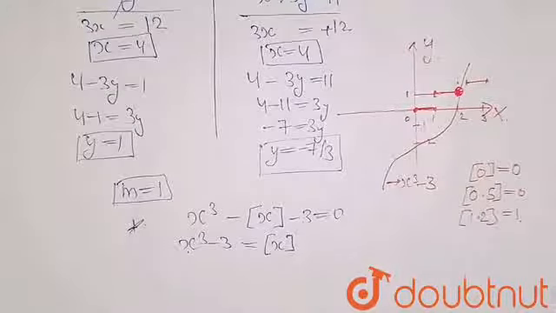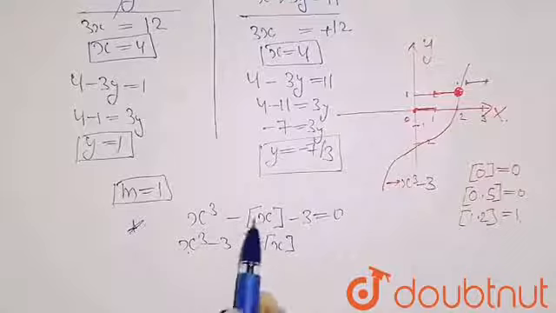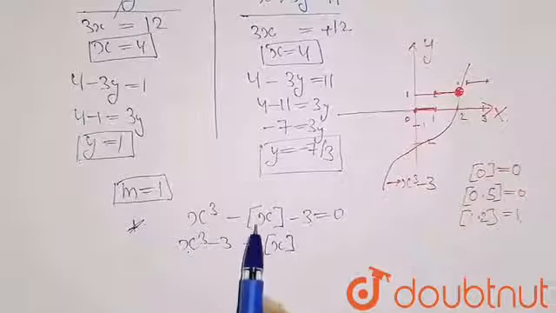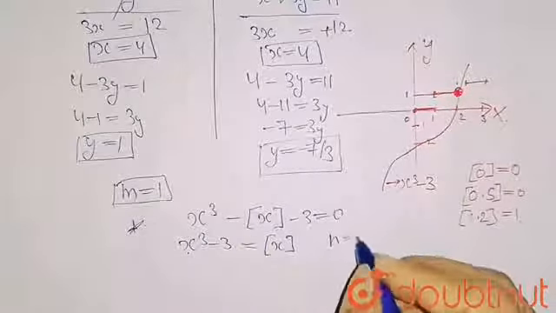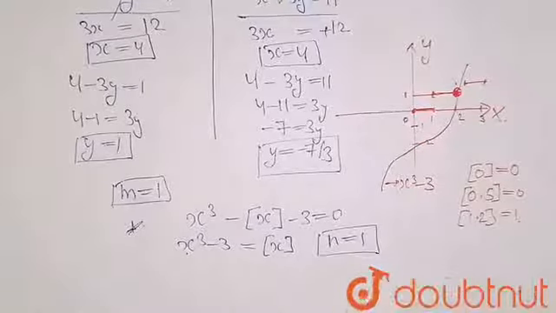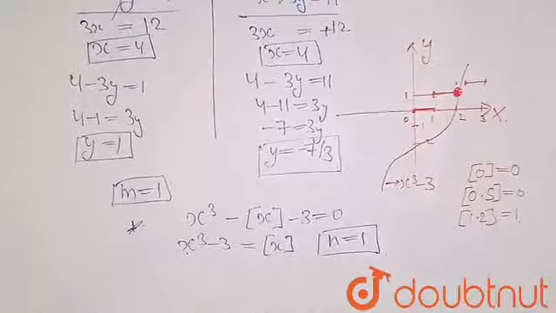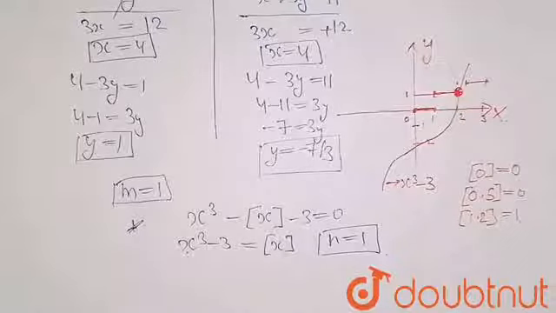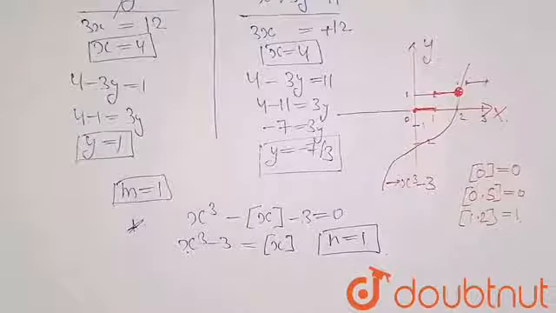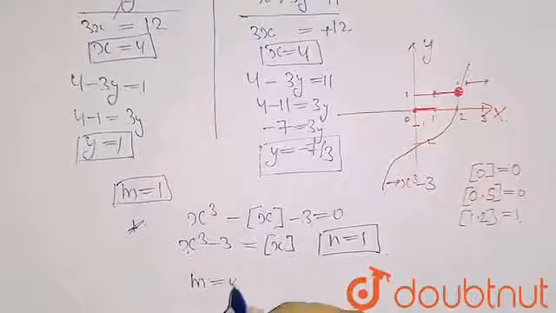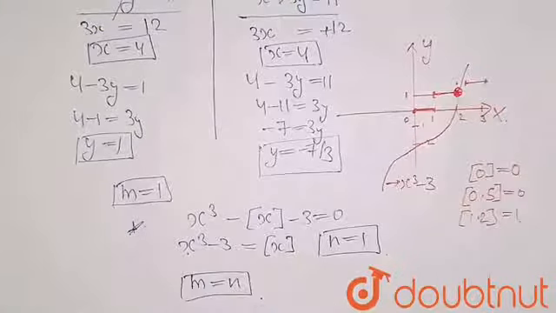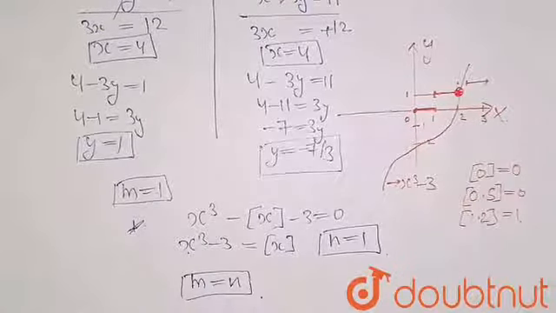So for this equation, in the question it is given that n is the number of roots of this equation. So here I will get only one solution. It means n equals 1. Now m equals 1, n equals 1. In the question it is asked what m equals to, so you can write m equals n because both are equal to 1. So that will be your answer for this question.